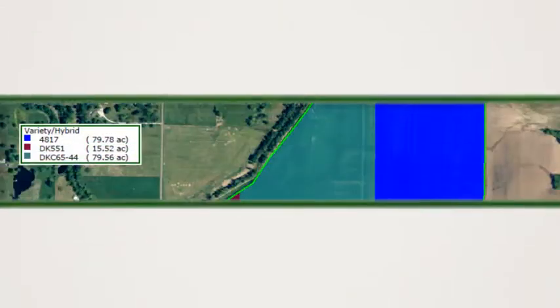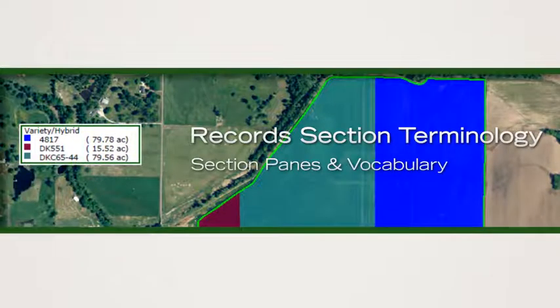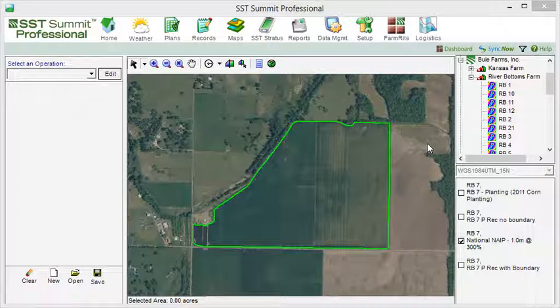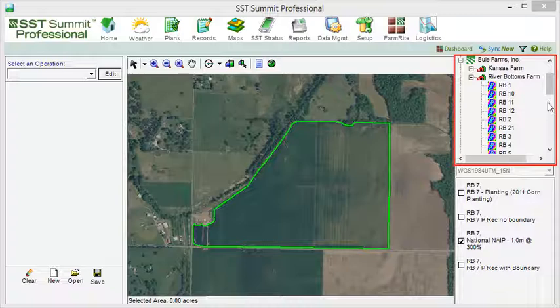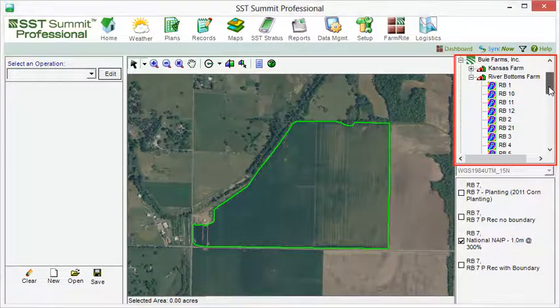Before we start creating records, we need to get acquainted with the layout and some terminology. Upon entering the Records section, you will see that it is divided into 4 panes. Just as within the Maps section, the Grower Farm Field Hierarchy pane allows you to quickly navigate to your field